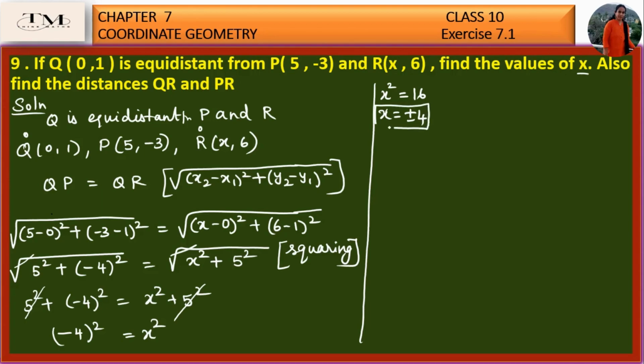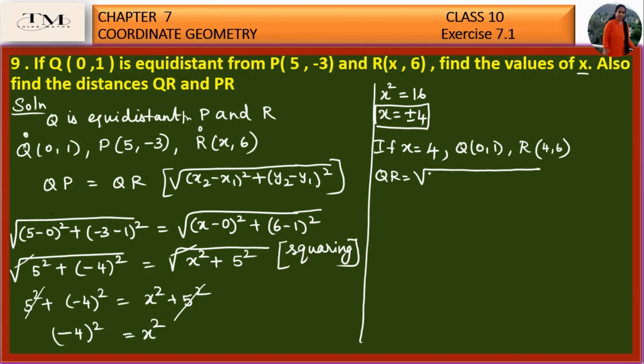So what is the next part? In the next part, we have to find the distances QR and PR. First, let us find if x is equal to 4. So if x is equal to 4, what is Q? Q is (0, 1) and R is (x, 6). So x is 4, so R is (4, 6). So QR will be equal to square root of